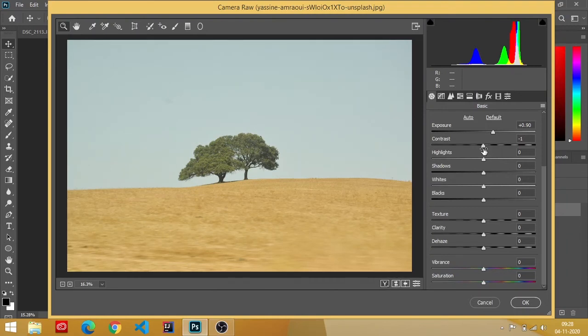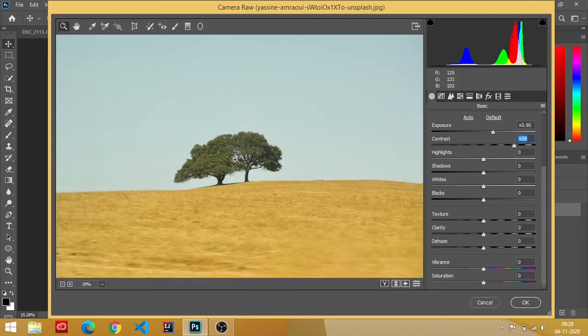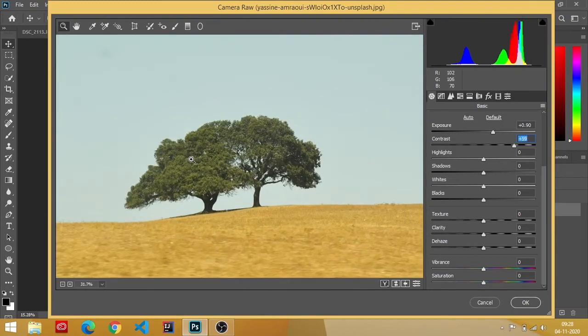If I increase this contrast level, these contrast sliders make the darker things darker and brighter things brighter. It means if an image has less lighting, it makes it less lighting. If an image has bright, dim, dark light, it makes it very dark. Okay, by increasing contrast, I can see the sharpness and hardness of this dark part increased, guys.